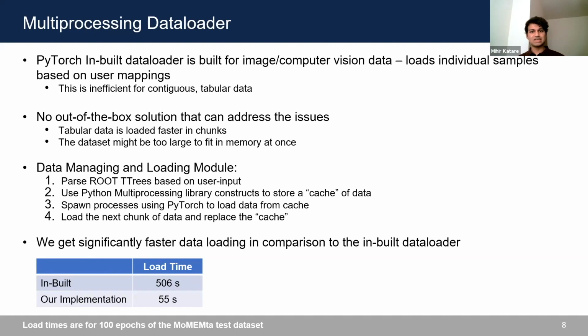So the way it works is it loads individual samples, collates them all together, and then passes it to the neural network. Obviously, if you have contiguous and tabular data, then this is not very efficient. And there's no real out-of-the-box solution that can actually address this issue either. For example, the fact that tabular data is loaded faster in chunks is something that is addressed by PyTorch Lightning. But if the data set is too large to fit in memory, then the user has to deal with that